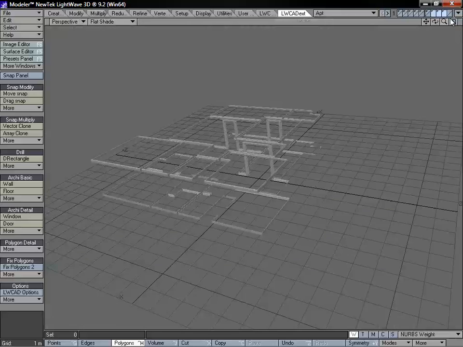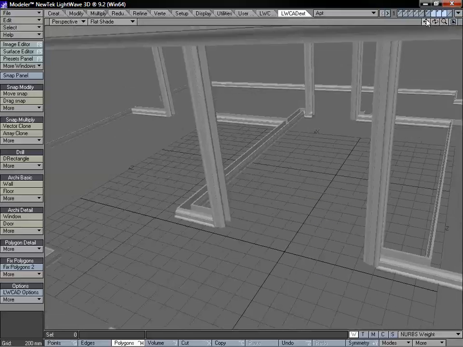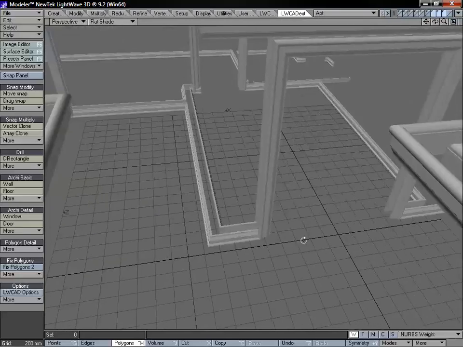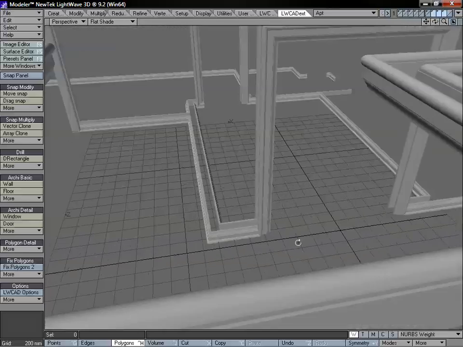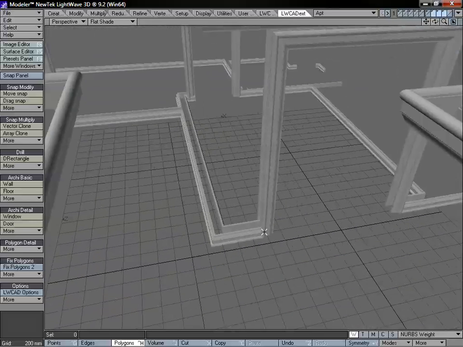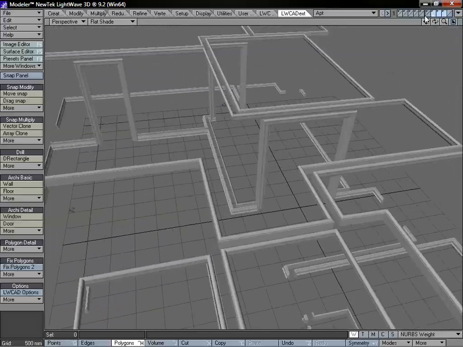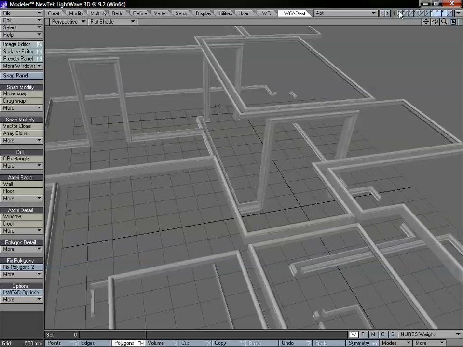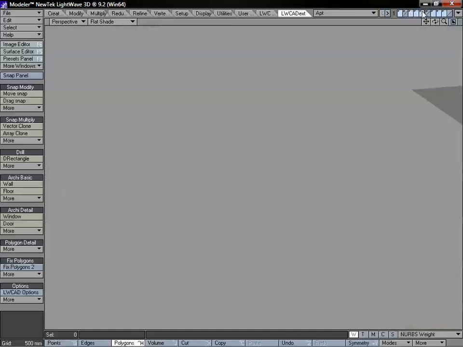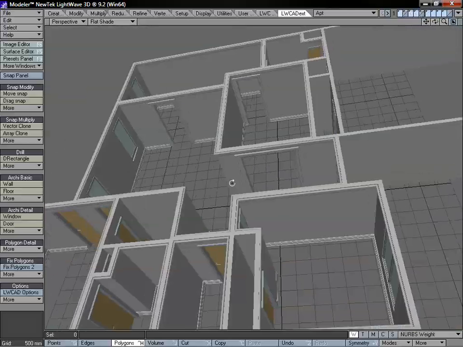All of our trim is now finished up, and if we just take a look at these trim objects separately, we can see they match up quite well on the bottoms. And of course we do have that little bit of trim that actually goes into the ground, which is why we have that little bit of a separation. But overall, it looks really good. So let's take a look at all of our different layers together. And without our floor and ceiling,